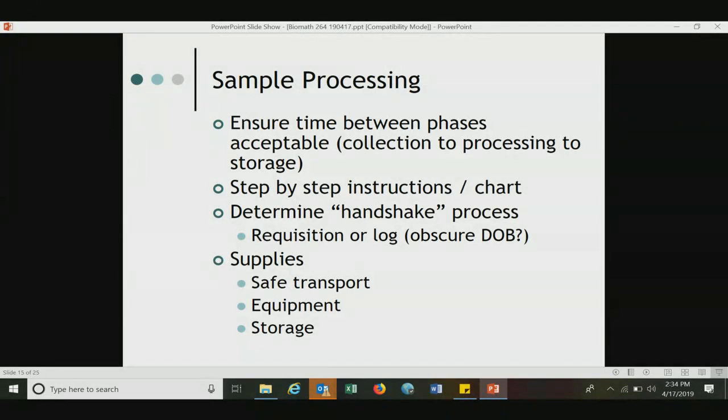So you need to think about those sorts of things. We've talked about the step-by-step instructions before, or a chart. That's super helpful. And then the handshake or the transfer points. Think about what you're going to do there. With a log,